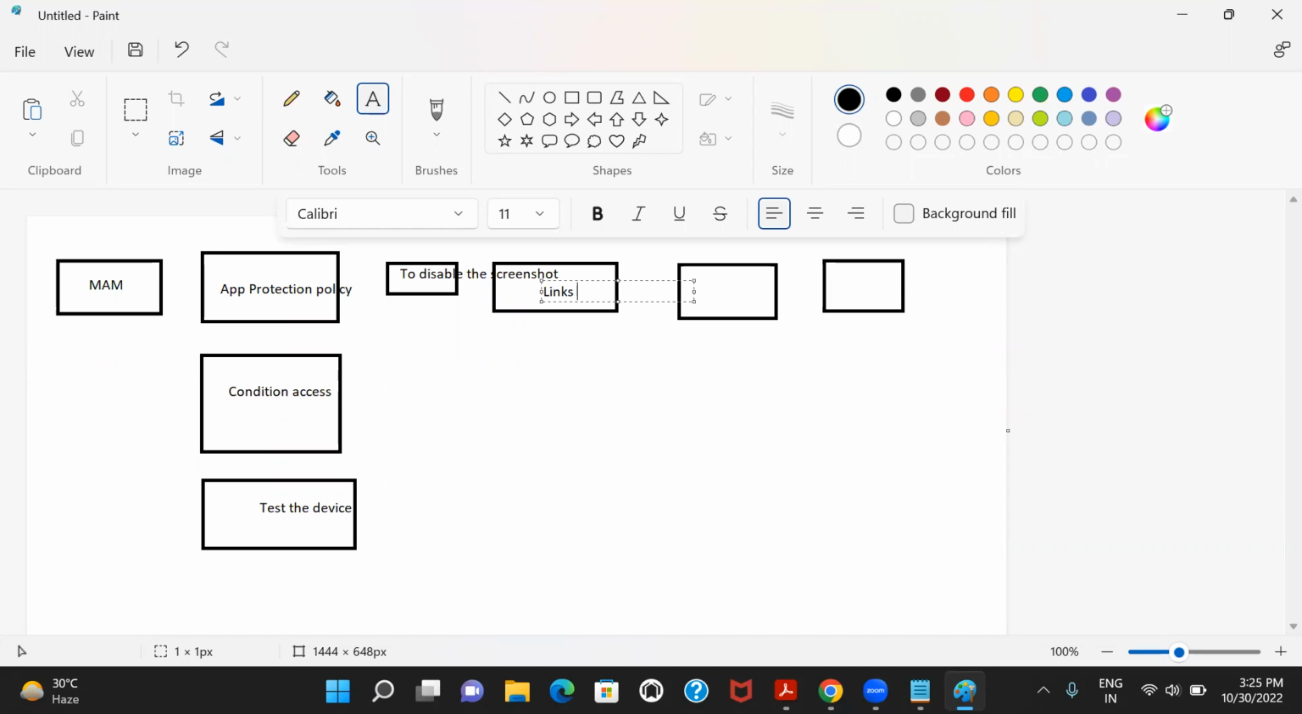If the user is not using Microsoft Edge, it will prompt the user on the Outlook app only, suggesting that please install the Microsoft Edge browser to open these links on that particular Microsoft Edge application. It won't redirect to personal or unmanaged browsers like Chrome, Opera Mini, or some third-party